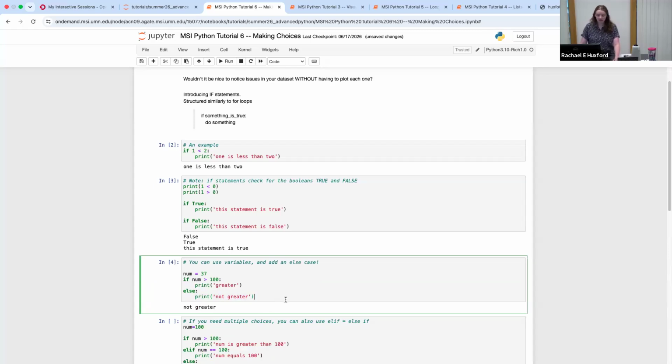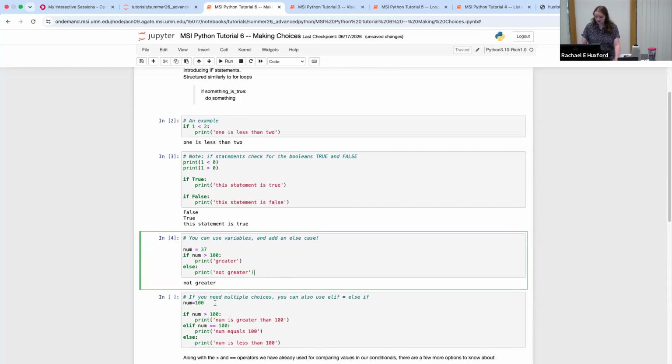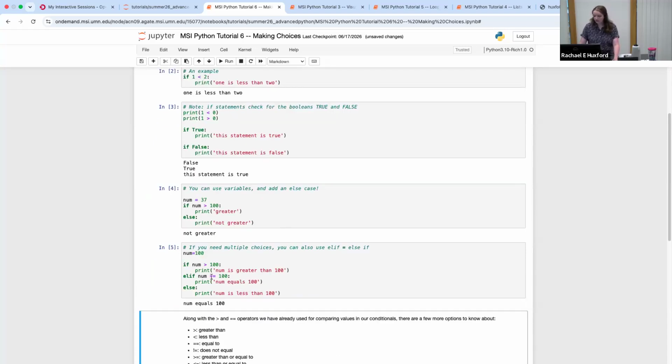And then you can really start getting crazy and nest these things inside each other, right? So if num is greater than 100, do that. Else if, which is shortened to elif, num equals 100, do that. Otherwise, num is less than 100. So you can really put a whole bunch of these inside each other and go through a bunch of different